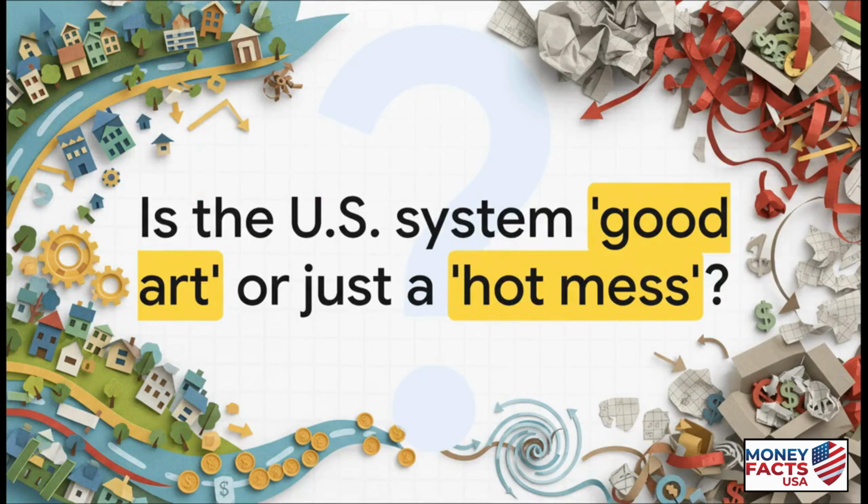Which really leaves us with one last question. Now that you've seen the receipts, now that you've followed the $8.9 trillion trail, what's your take? Is this decentralized